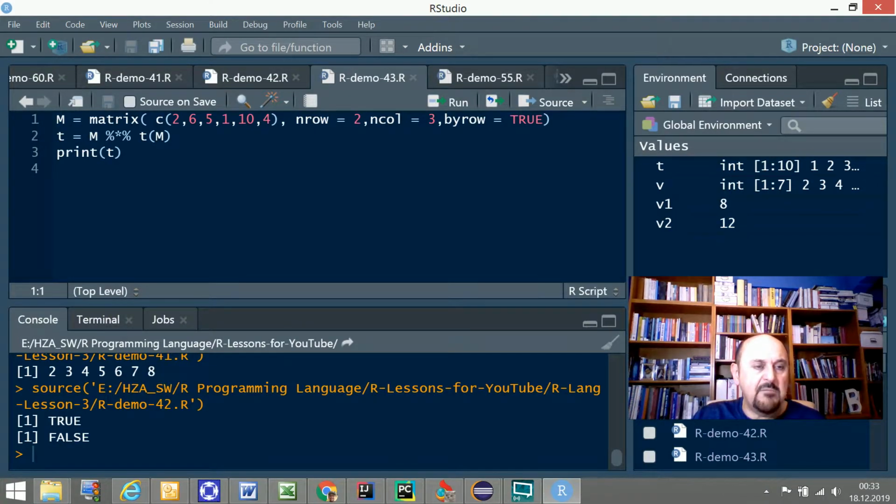Okay, this time I define a matrix here. This is the matrix definition format. So our m matrix will have these members, 2, 6, 5, 1, 10, 4, and number of rows will be 2, and number of columns will be 3. So 2 times 3 equals 6, and 1, 2, 3, 4, 5, 6 elements will be placed within